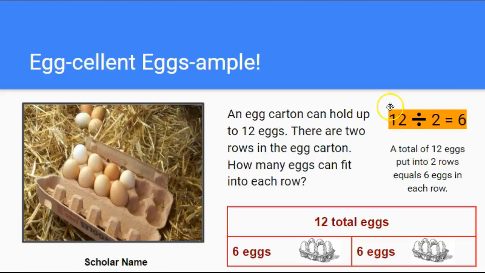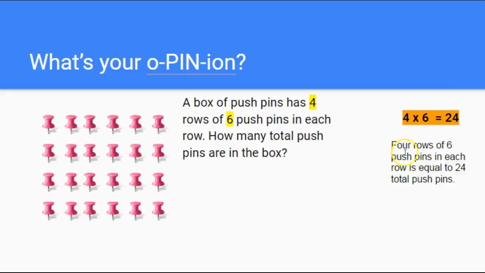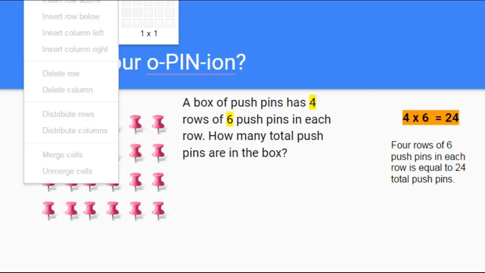My information matches the equation. And so does it here. Yep, it does right here. 4 rows of 6 push pins in each row is equal to 24 total push pins. My last step is now to create a table that I'll put here to represent my bar diagram. And that table is up here, my choices up here, and I'm looking for insert table, and I'm going to create a table that has 4